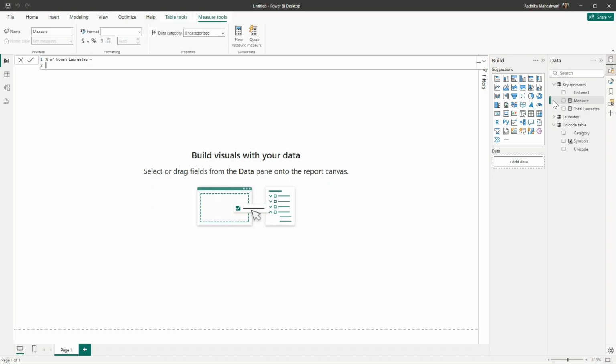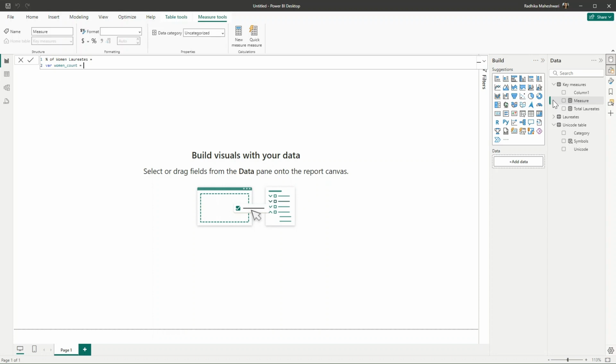first we need to find the total number of women that are present in all the laureates. So for that, I will create a variable and call this women count, and that will be equal to, we need to count the number of women. We already have the total laureates measure, and we just need to change the context so that instead of calculating total laureates, we are only counting those laureates which have a gender of female.